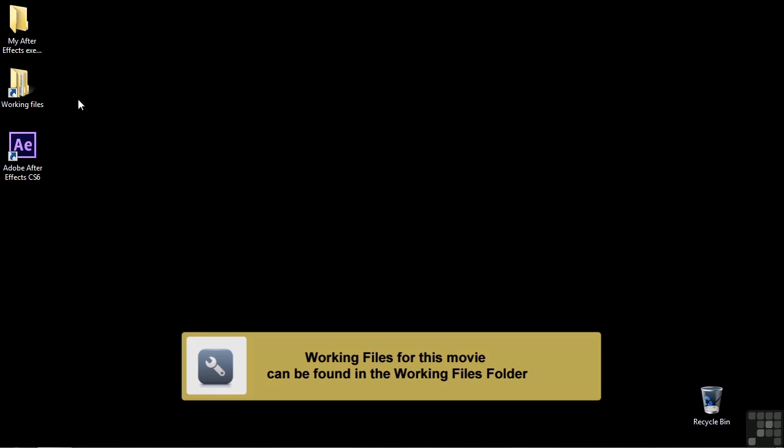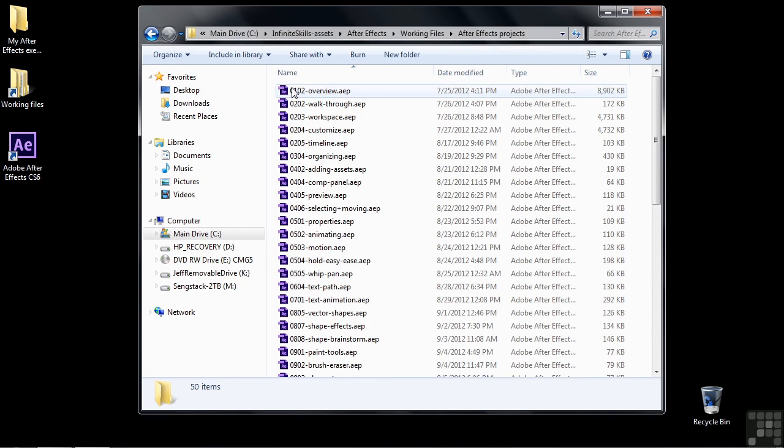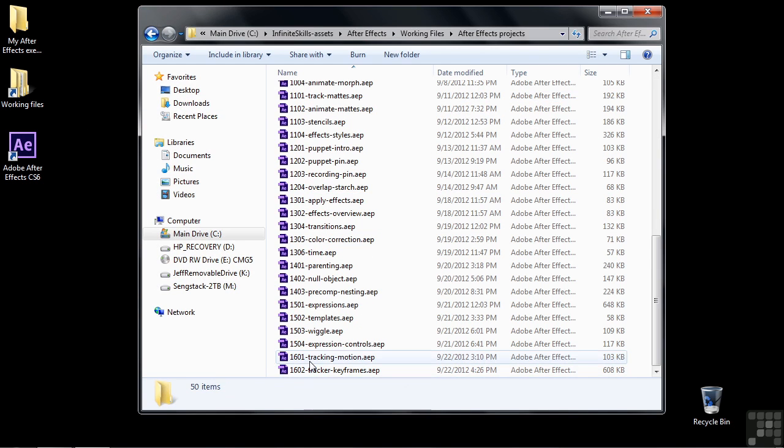After Effects can automatically track an object or individual in motion inside a video clip. And once you create that track, you can highlight that object or individual, apply an effect that follows that track, or apply an object that follows that track. So to see how this works, go to Working Files, go to After Effects Projects, and open up 1601 Tracking